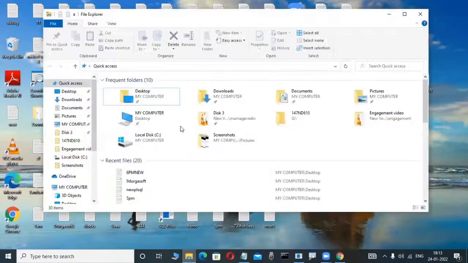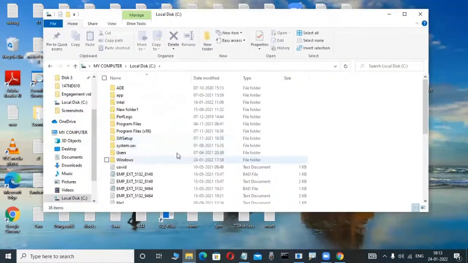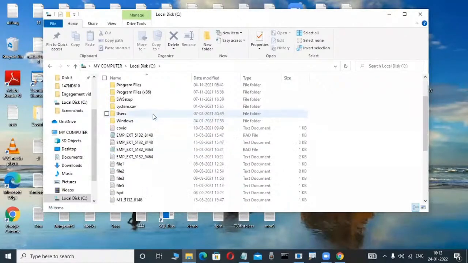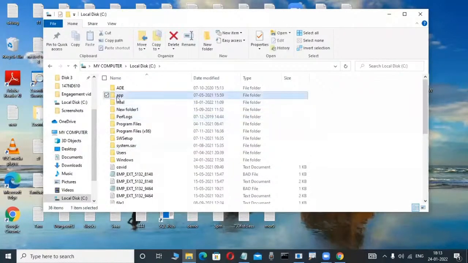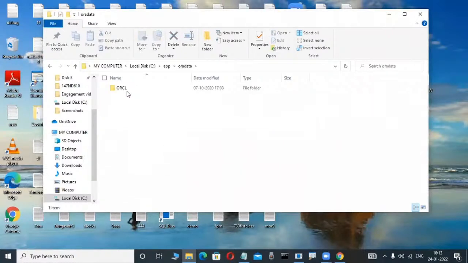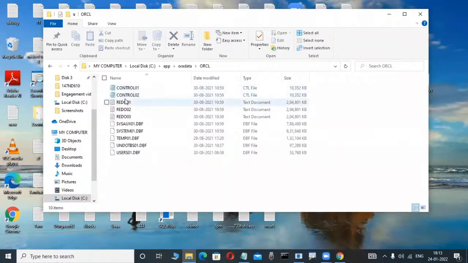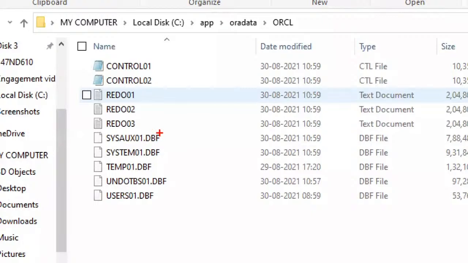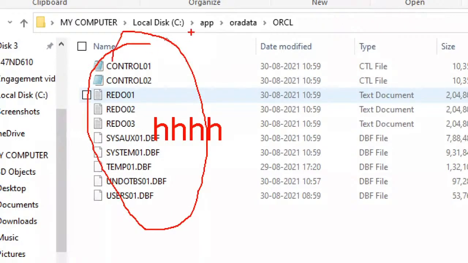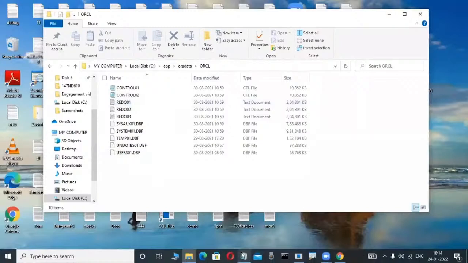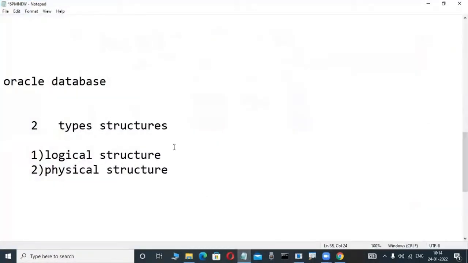I'm installing Oracle in my system. How you install Oracle we will learn in the next classes. Don't worry. Now I'm installing Oracle. In this C drive, your table is not available. Whatever table I'm creating is not visible in the C drive or D drive. That's why a logical structure means a structure which is not visible